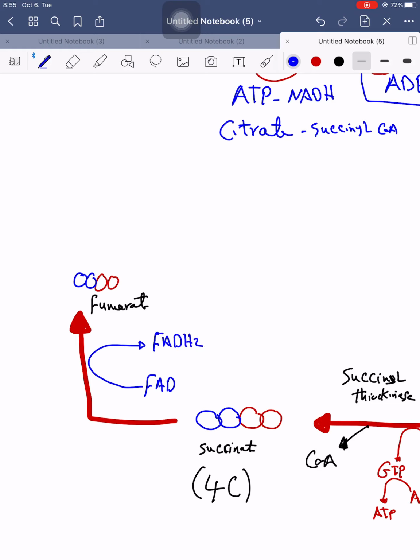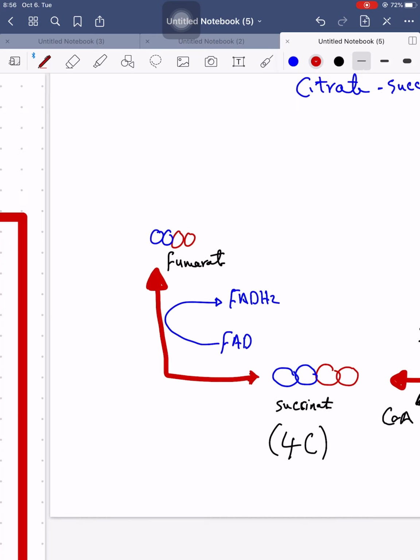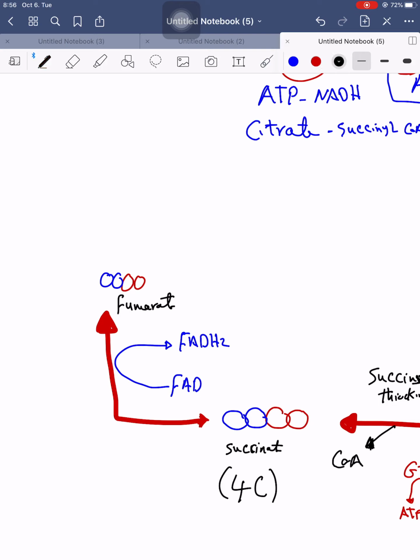FAD has more affinity for hydrogen than NAD. If you used NAD here, that reaction would be irreversible in the direction of succinate formation. But with FAD, the reaction is reversible, producing FADH2. The enzyme which does this is a very specific enzyme. It's called, again,